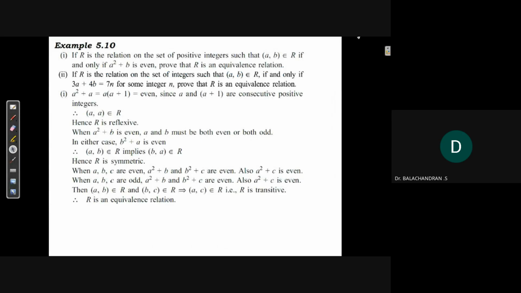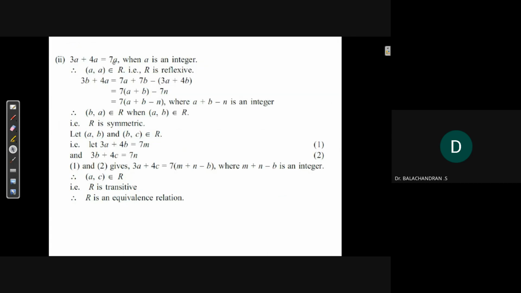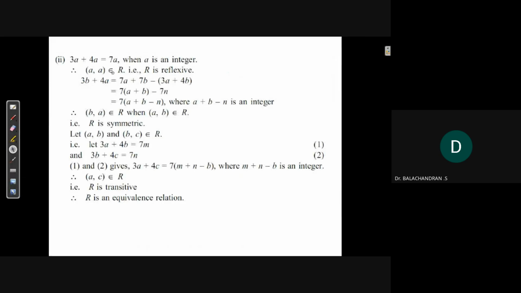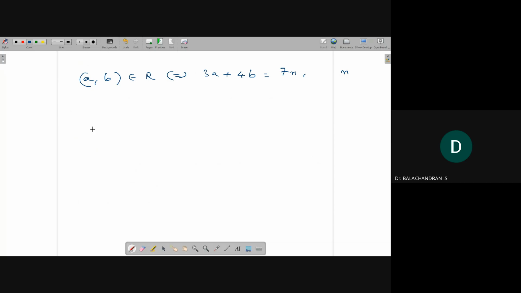I want to prove it is first reflexive. To prove it is reflexive, I want to prove a is related to a. So instead of proving a comma a belongs to R, I should prove 3a plus 4a equals what? 7a. I can check it here: 3a plus 4a equals 7a. This is of the form 3a plus 4b, where b is also a, so it is equal to a multiple of 7. And hence a is related to a, and hence R is reflexive. Next, for symmetry, I need to assume